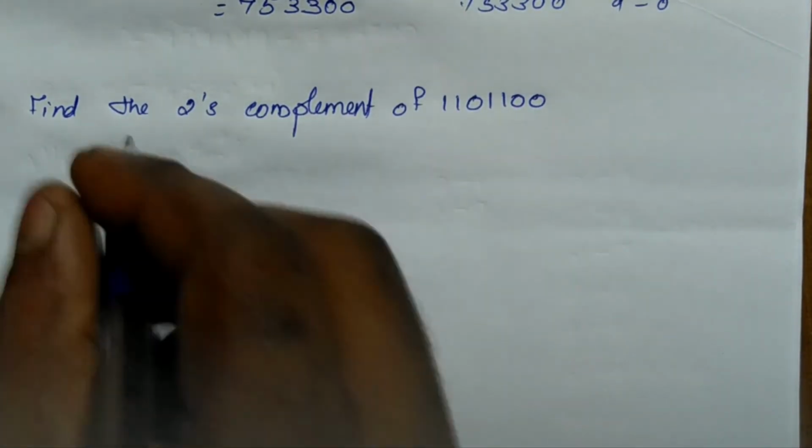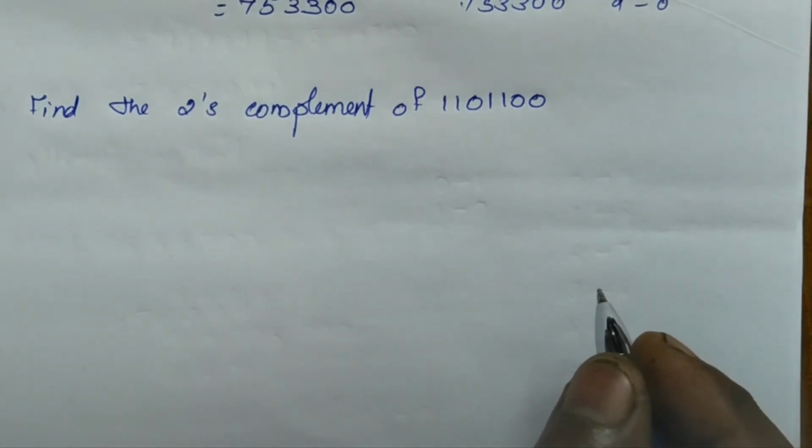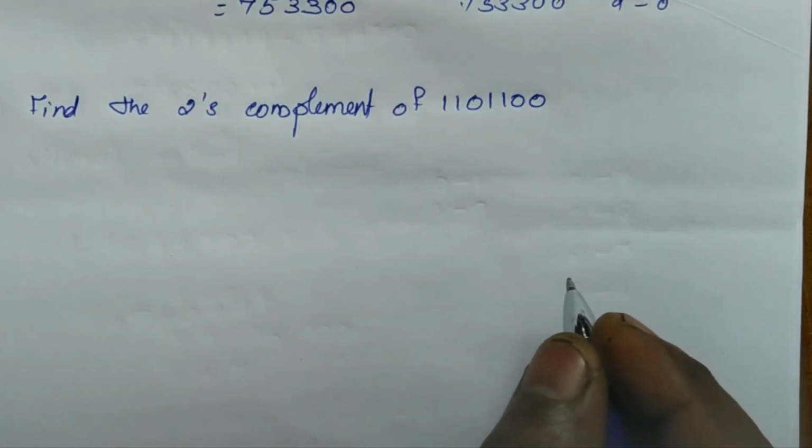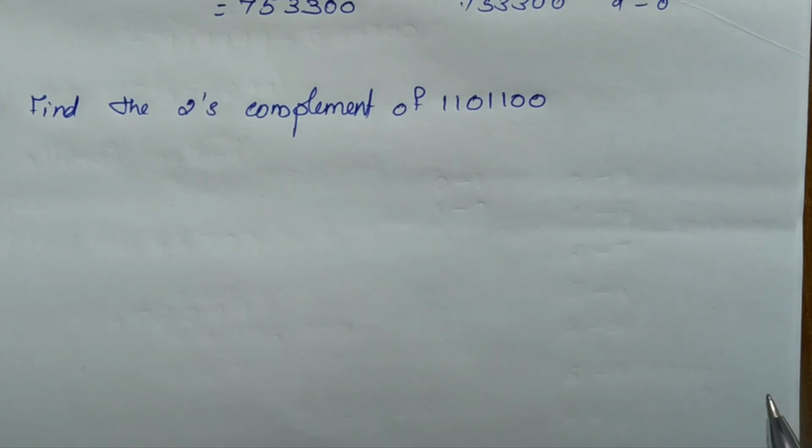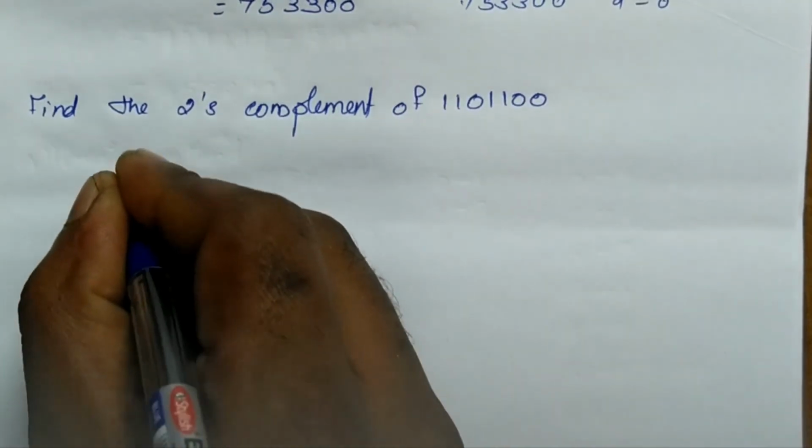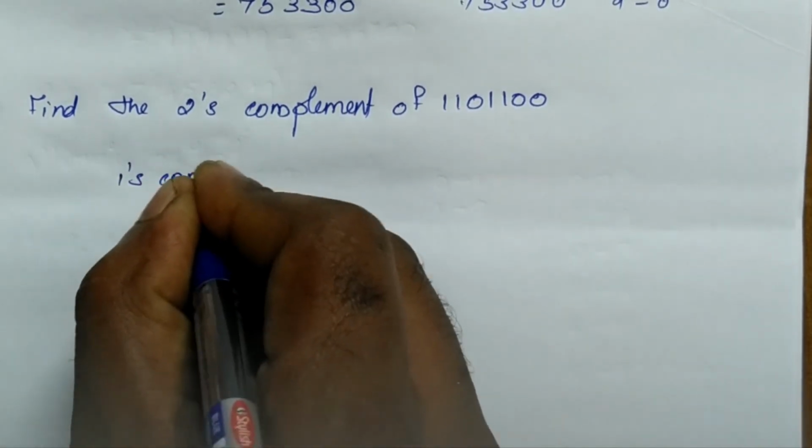So here I am directly finding the two's complement. That means first I am going for the one's complement. From the one's complement I am adding 1, and by adding 1 to the one's complement I am making it the two's complement. So the one's complement of the given number